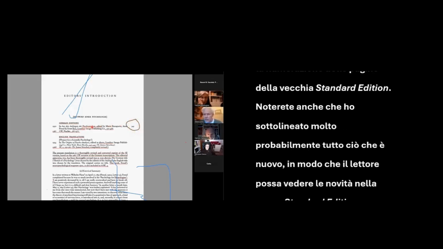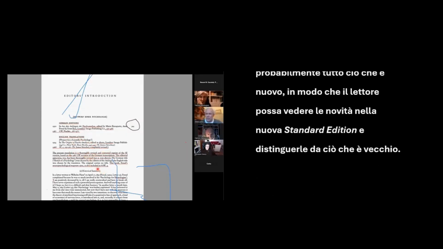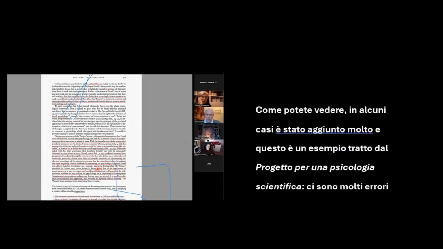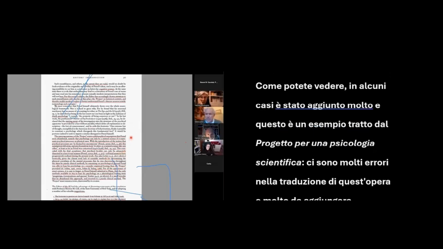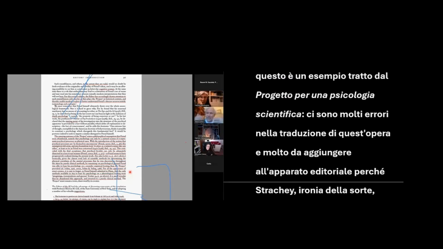You will also see that I've underlined very lightly everything that is new, so the reader can see what is new in the new standard edition and differentiate it from what is old. As you can see, in some cases, there's a lot that's been added. This is an example from the Project for a Scientific Psychology. There's a lot of errors in the translation of this work and a lot that needs to be added to